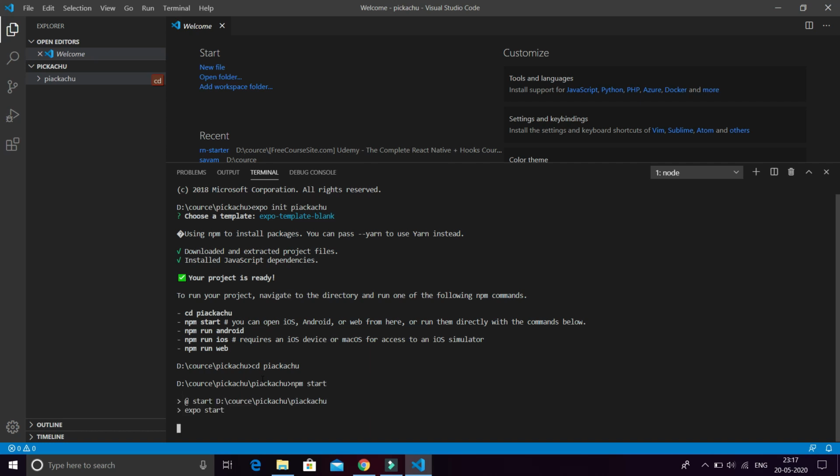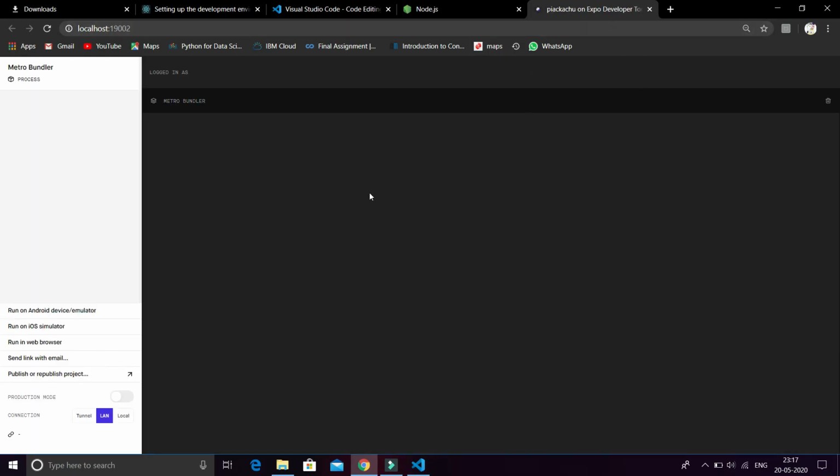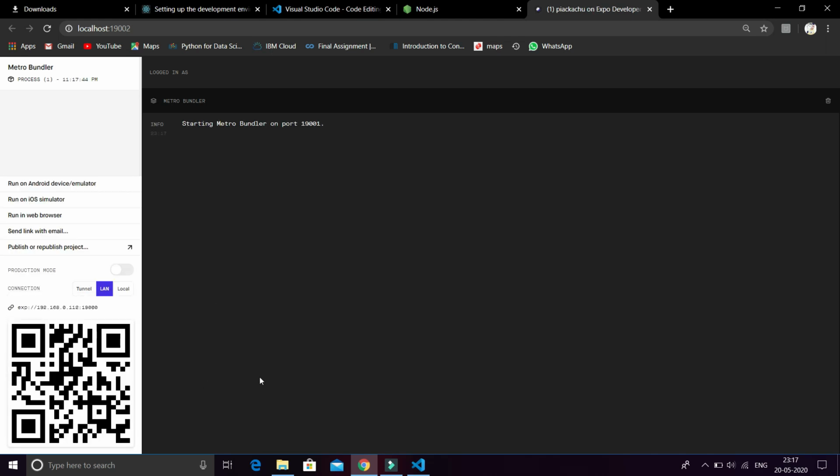When you click enter, it will run expo start and start the Expo tool. Keep in mind, connect your phone to this PC via USB, or by the LAN wire, iOS or Android device, whichever you want. And the app which I told you to install, please install on your device and open it and click on scan QR.